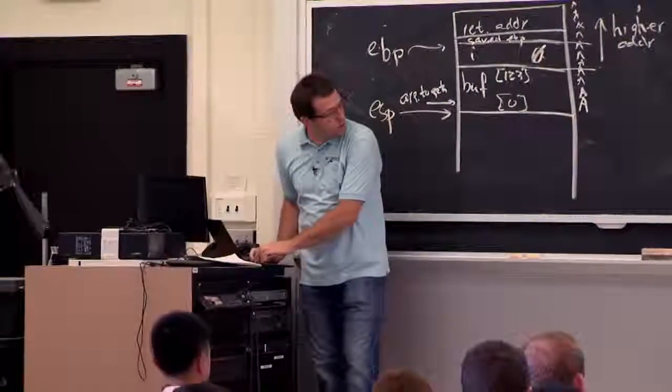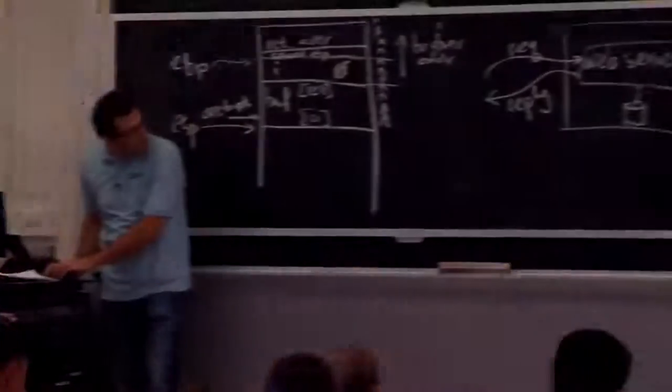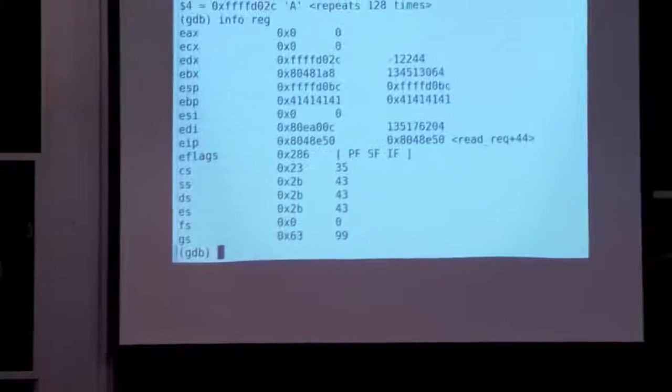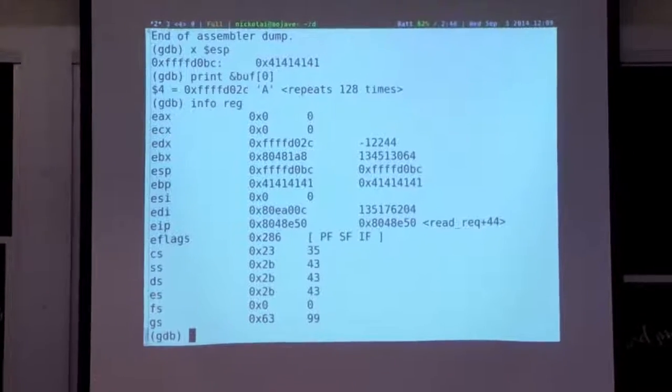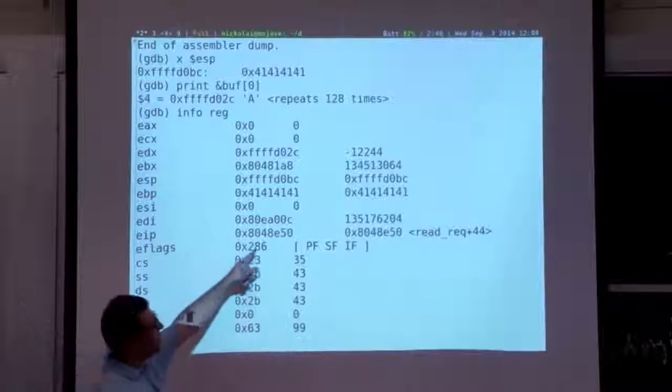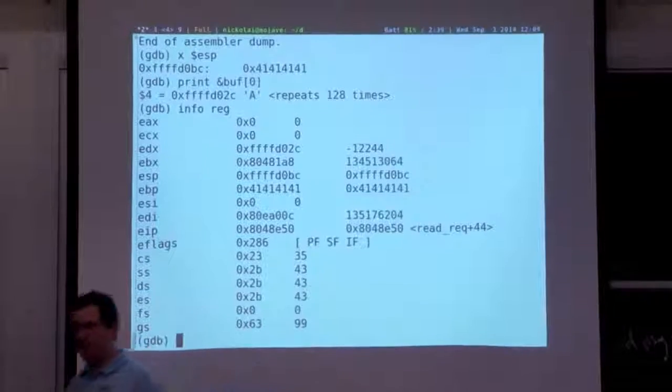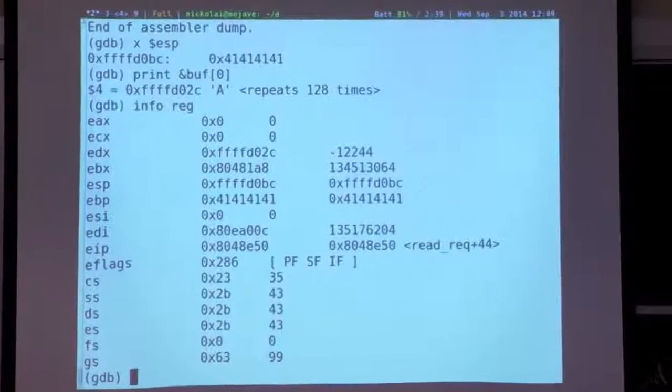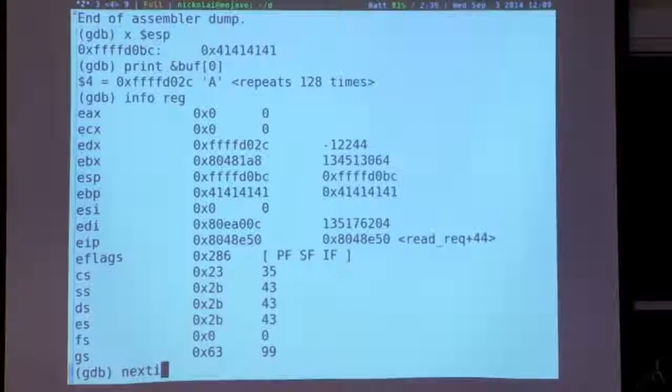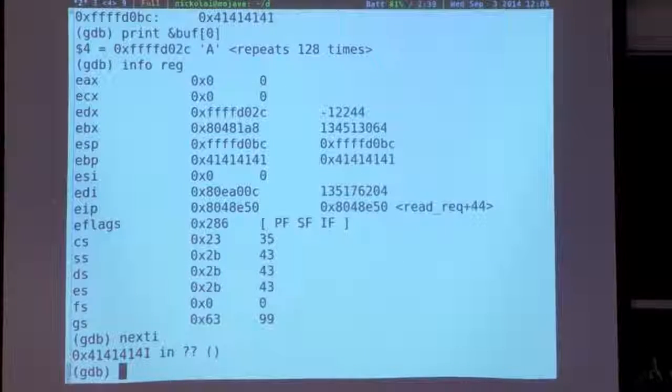OK, so just to see what happens, we can jump one more time. Well, let's look at our register. So right now, our EIP, the instruction pointer, is pointing at the last thing in redirect. And if we step one more time, hopefully we'll jump to finally that unfortunate 4141 address. And in fact, yep, the program now seems to be executing there.